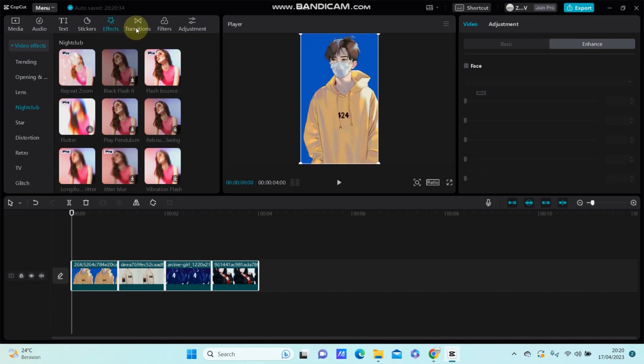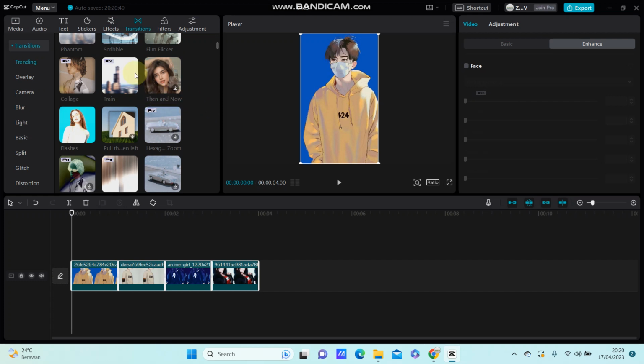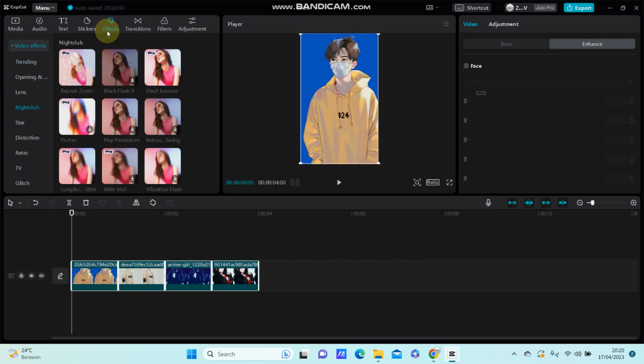effect, but I'm not using the transition. I'm using an effect as a transition. So I'm looking for